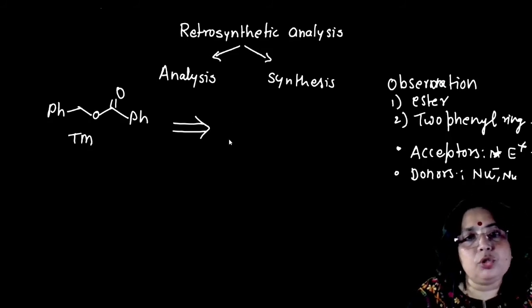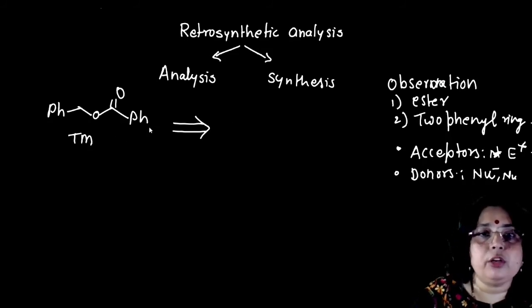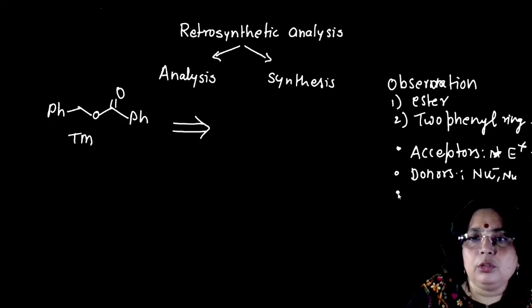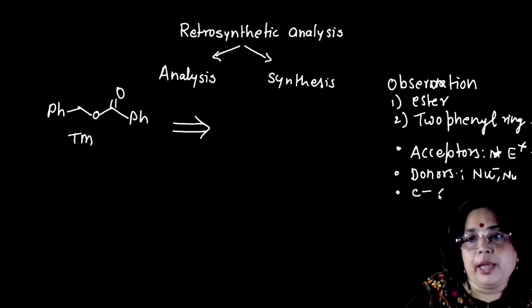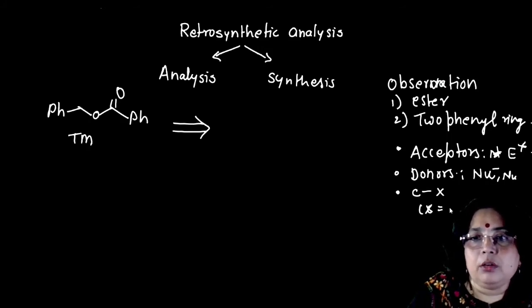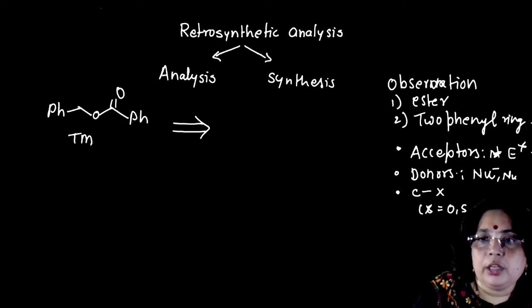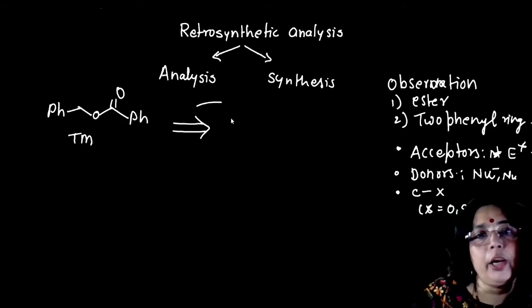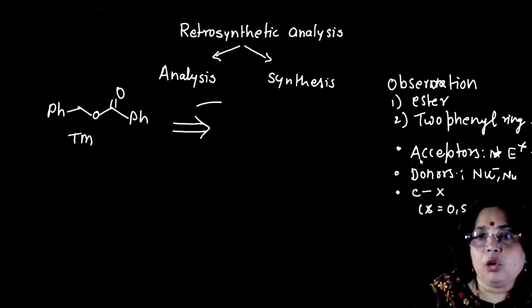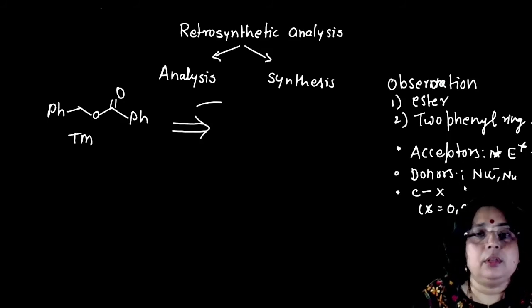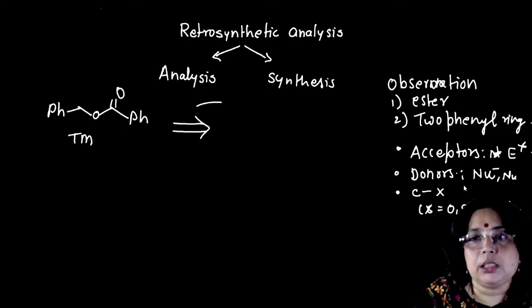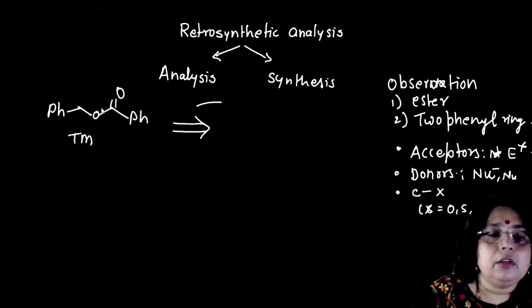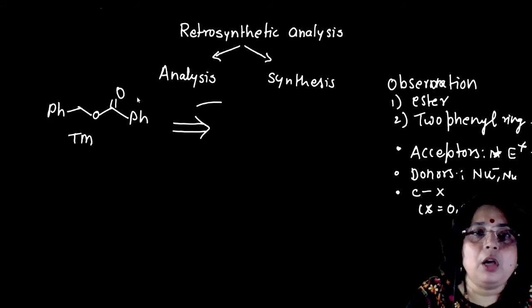Now one thing you should remember: whenever such heteromolecules are present, put the cut in between the carbon and the hetero atom X. X can be oxygen, sulfur, nitrogen, etc. All right. So this is the first molecule, so I am not going into the details. Later on I can discuss the various strategies. All right. So here I have this molecule, the TM.